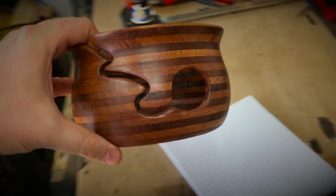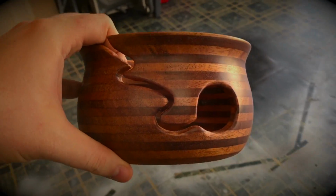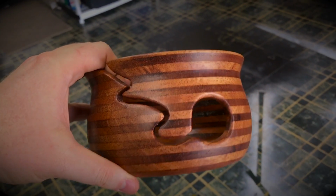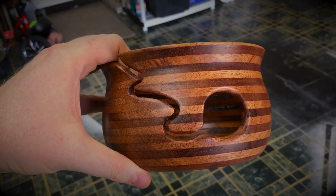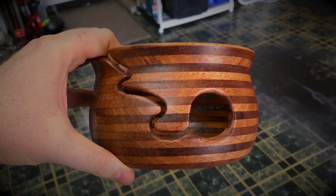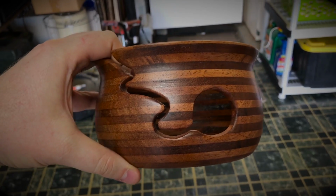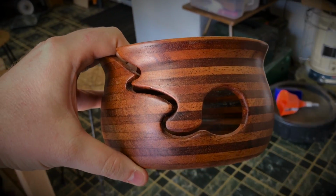The yarn slot didn't come out quite the way that I wanted. It's supposed to look like a yarn ball kind of unraveling, and instead it came out looking a little bit like, well, let's say one viewer described it as looking potentially like a fertility bowl. And now that he said that, I can't unsee that. So